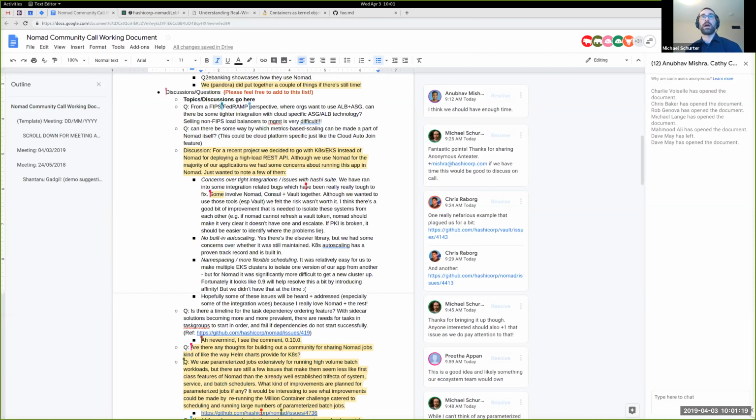We love getting feedback about exactly what people are looking for there. Namespacing is a good one. Unfortunately, namespacing is part of our enterprise product, which I know is never what people want to hear, but we really aim to put features in the enterprise product that are built around larger enterprise organizations' needs. And so namespaces and quotas are available there. But I think that at this point, the namespacing and more flexible scheduling